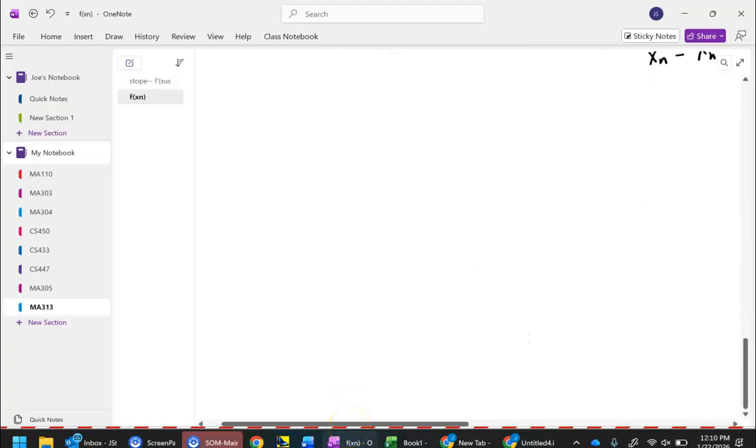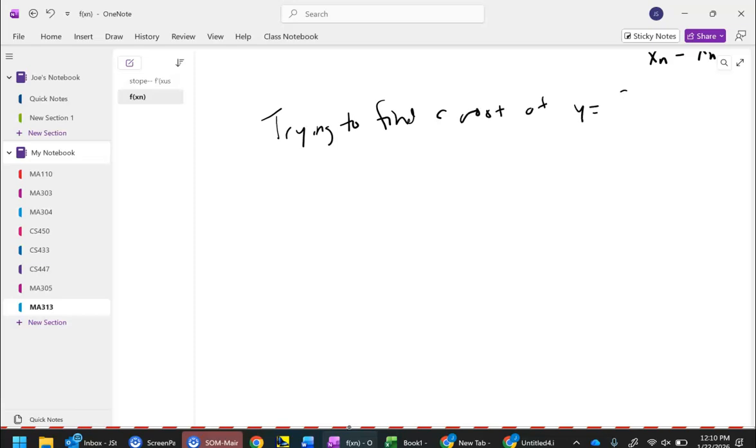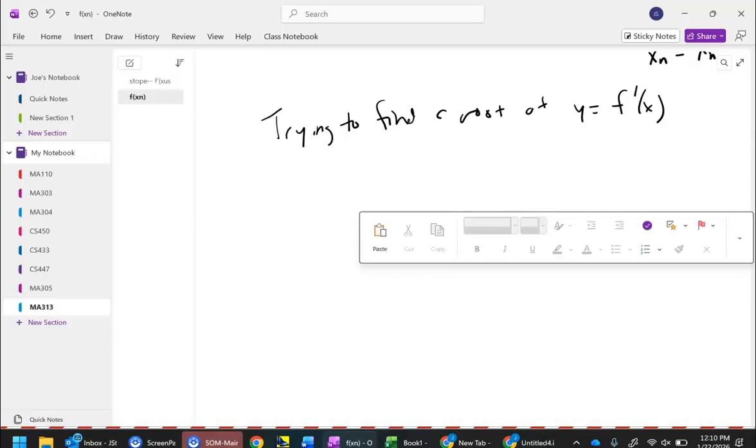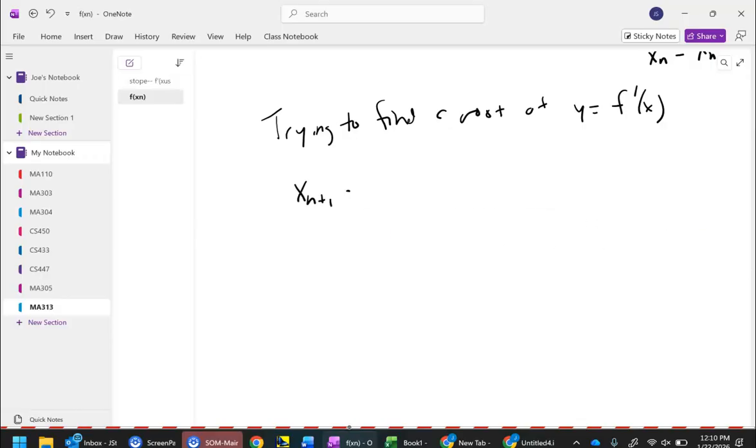If you're doing Newton's method for optimization, you're trying to find a root of y equals f prime of x. Not y equals f of x, but y equals f prime of x. Correct? Okay. So your original Newton's method looks like